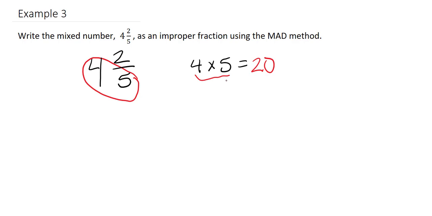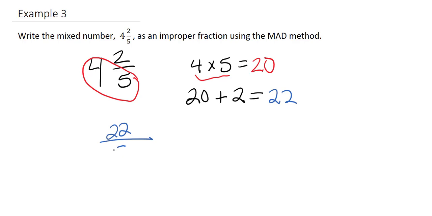So the product of 4 times 5 is 20. So then we go 20 plus 2, which is equal to 22. So 22 becomes our new numerator, and then we always keep our denominator. So it's just 22 over